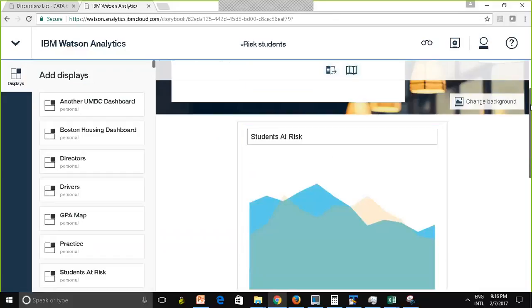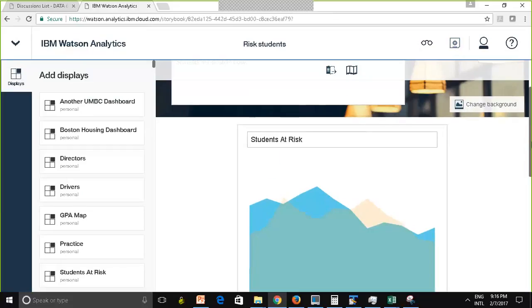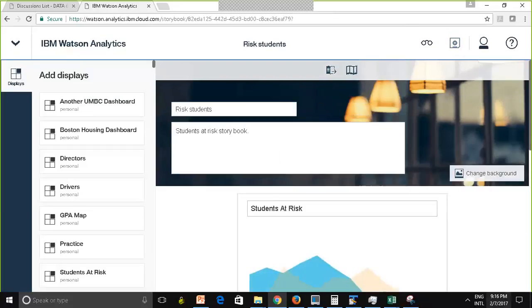So basically, I'm gonna go ahead and save it. But the bottom line here is that as an end user, I can interact with expert findings that are already in the storybook, or I can add to it, right? I can work on asking additional questions on the data in the storybook, and keep on adding the displays,